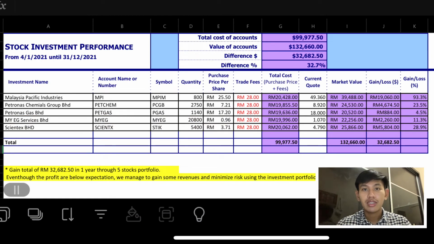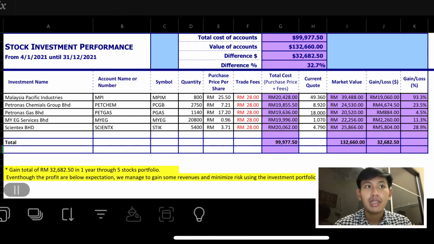So moving on to the next sheet, which is the stock investment performance, we can see that the value of accounts is 132,660 and the total cost of accounts is 99,977.50. So the difference or the gain that I accumulate throughout 1 year of investment is 32,682.50. So the difference that I accumulate is 32.7%, and we can also see the gain of each stock,